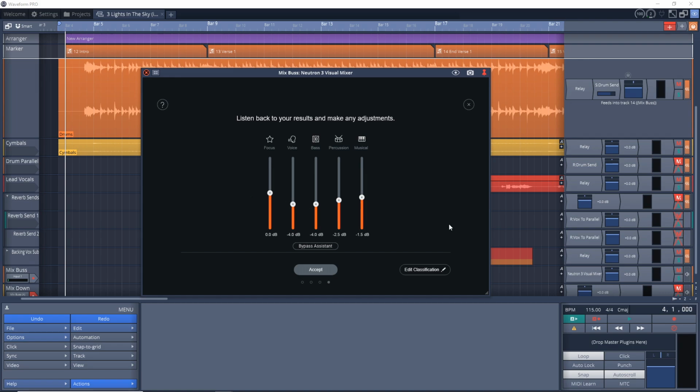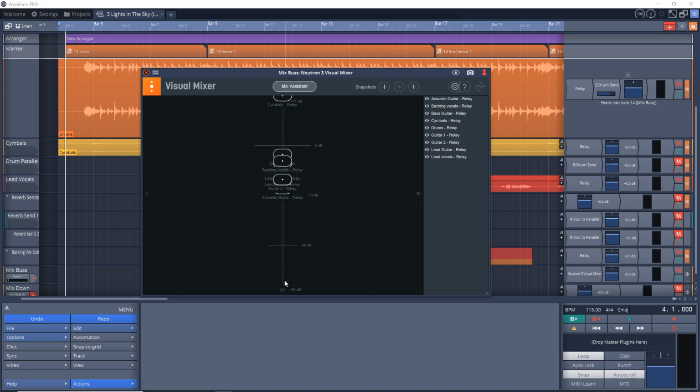I'm going to leave it at the settings that it's suggesting. So I'm going to click Accept. You can see here, this is like a fader kind of. All of our tracks are in here, and we can choose to increase or decrease them by moving them up and down this fader. And we can also choose to pan them left and right if we wanted to, right